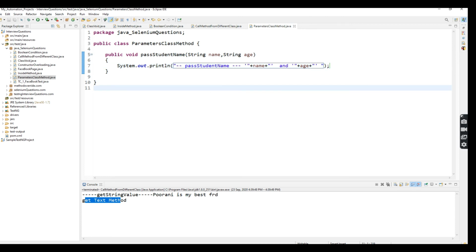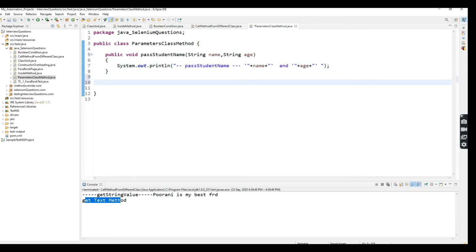Okay, so again I created another method with a return type, public string, or else you can use integer, better, integer get student mark. So here integer Tamil mark, integer science mark.